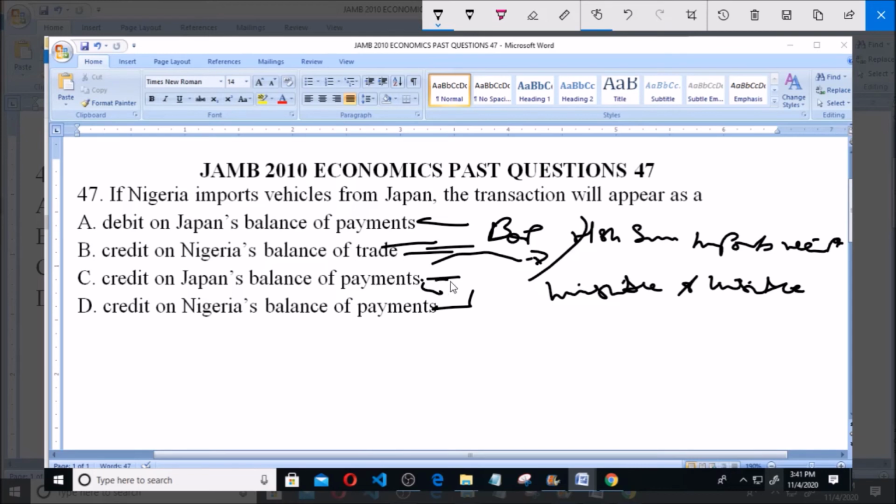It's a credit on Japan's balance of payments. So option C